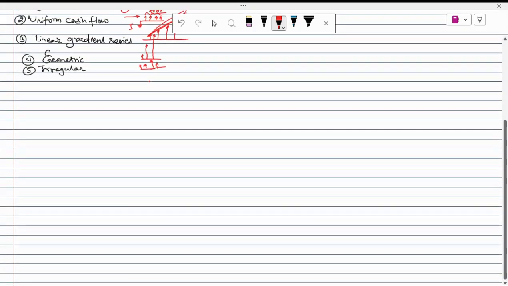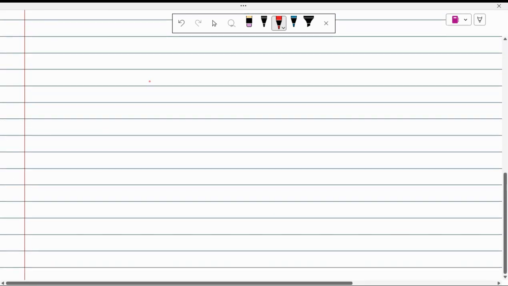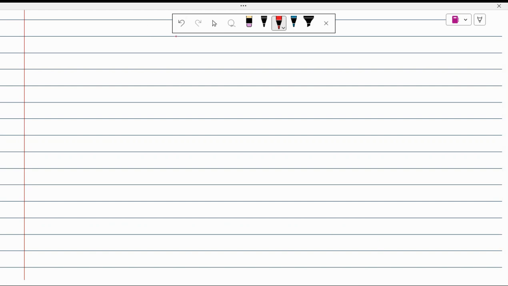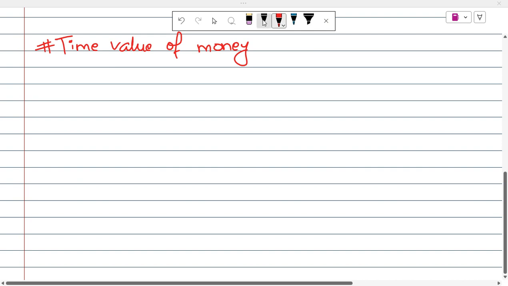Before going into the different methods of evaluating cash flows, we will study the time value of money. For example,